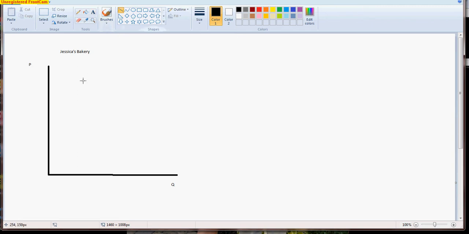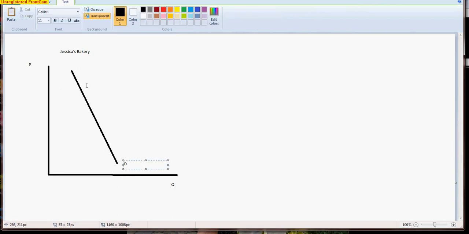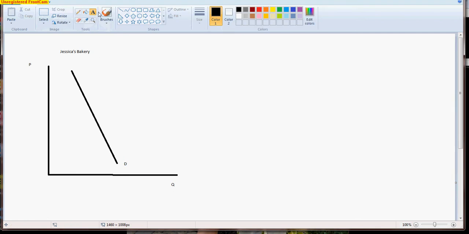So we have to put in here our demand curve, which is diagonal in this case, which differs from the price taker graph, which had a horizontal demand curve. And then we've got our marginal revenue,